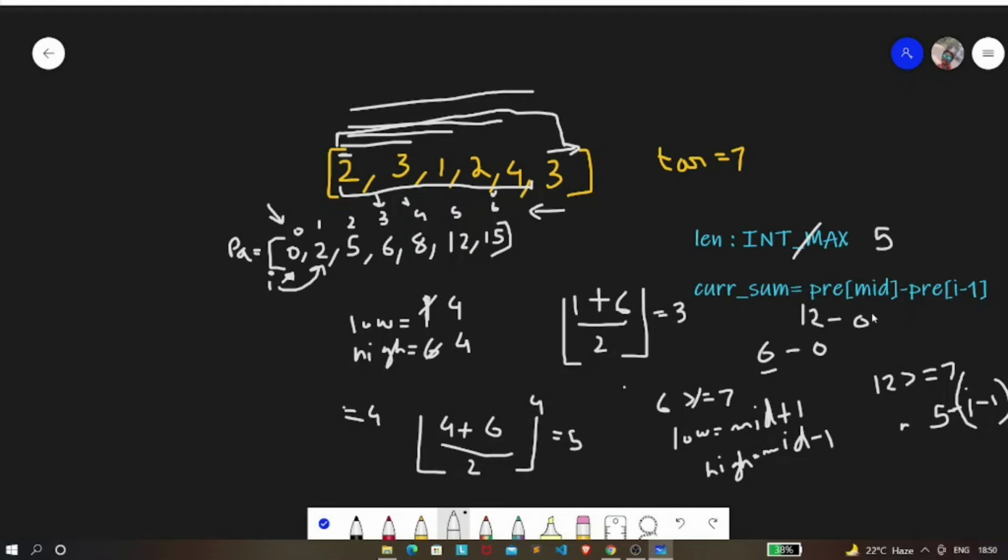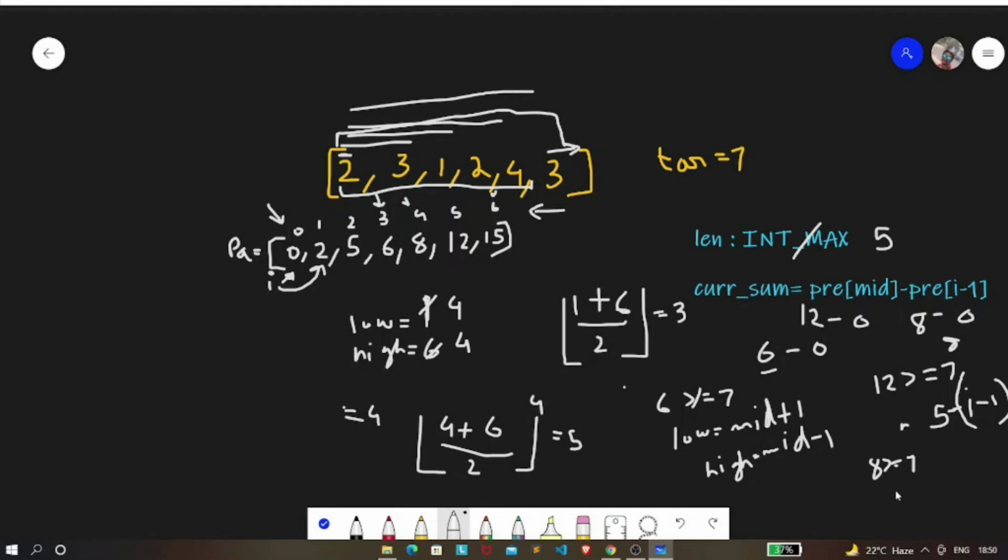Then again we are going to find the pre of mid, that is pre of 4, that is 8. And if you subtract it with 0, it will result in 8. Now we know that 8 is greater than or equal to 7, and the length for this is nothing but this formula, mid minus (I minus 1).